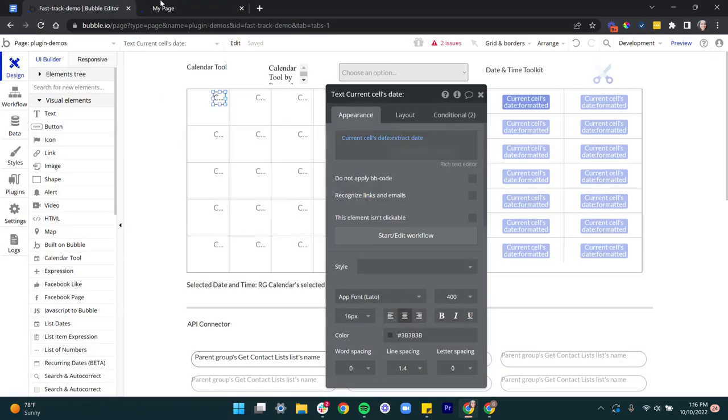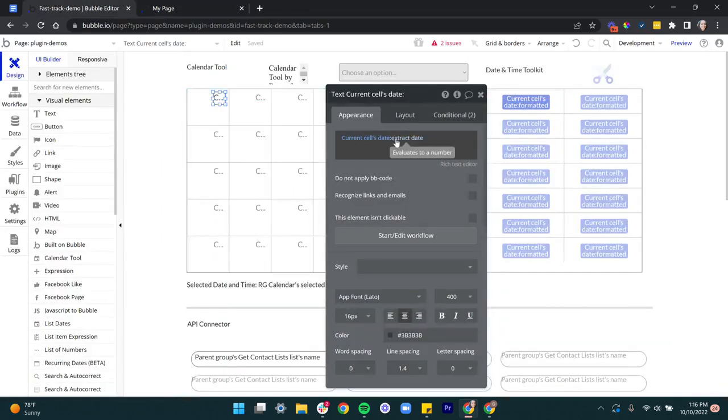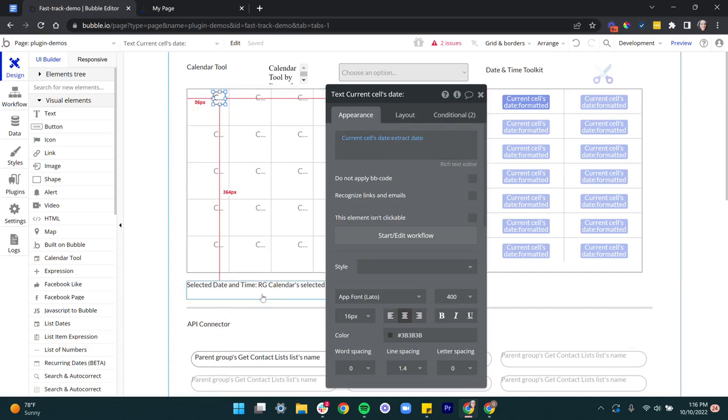I don't actually want to see October 1, 2022 or 2023 or whatever year it is, October 3rd, same year, and all of that over and over and over again. We just want to display the extracted date. Now, I do have a workflow set up here